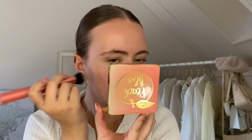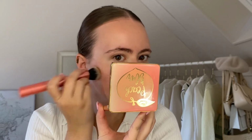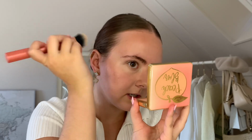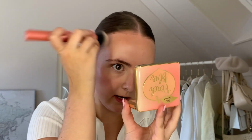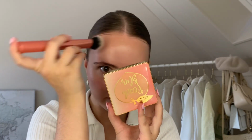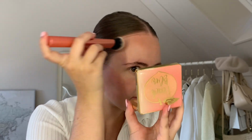And then I will softly apply it on the places where you would apply bronzer. I'm very careful with this. This is the only makeup product that I've always been a little bit afraid of, because sometimes you see people with such thick lines and they don't have it blended out well, and that's my biggest fear. Honestly, my biggest reason for using this is just to warm up my face a little bit. I'm pretty pale, so this makes my face less flat and a little bit more sun-kissed. Although I'm pretty tan now from summer vacation,